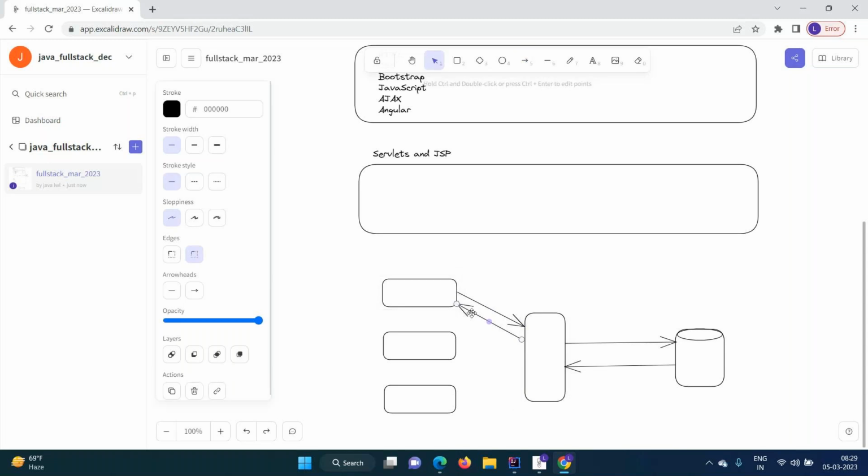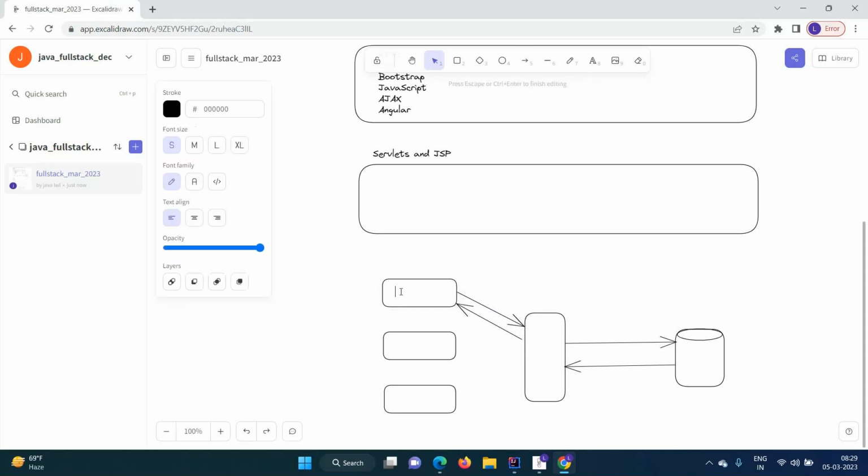This is the Angular application, this is the Android application, and this we take as some other application. When they want to talk to each other, and we have to exchange some data,